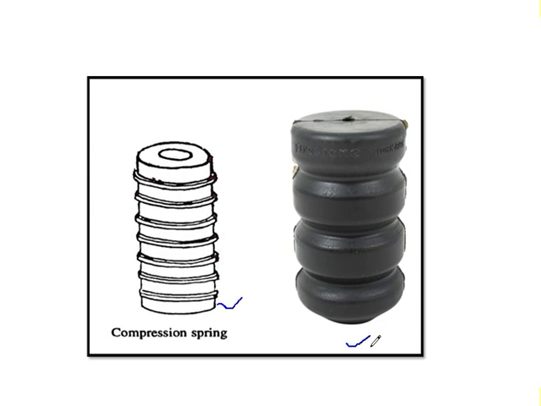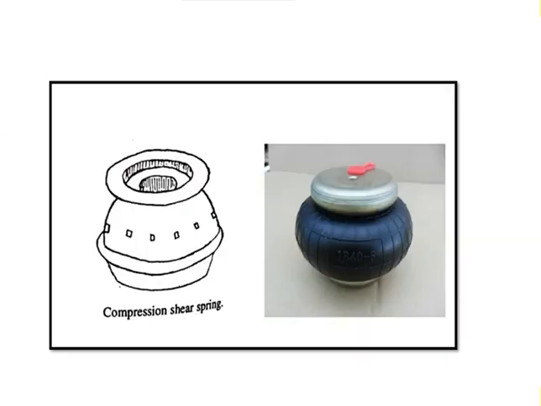However, its use is limited because of the fact that some mechanical guide must be provided with this type of spring, and the provision of mechanical guide is generally undesirable. This is a schematic diagram of compression shear spring. In this type, the load is carried partly by shear and partly by compression components in the rubber, and hence although large strains may be allowed in the rubber body, shear stress at the bonded faces is kept small and fatigue properties are excellent. This is all about compression shear spring.